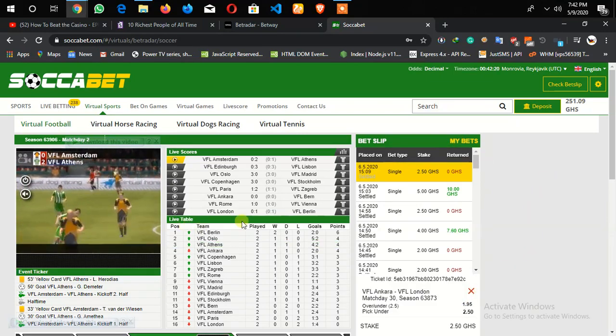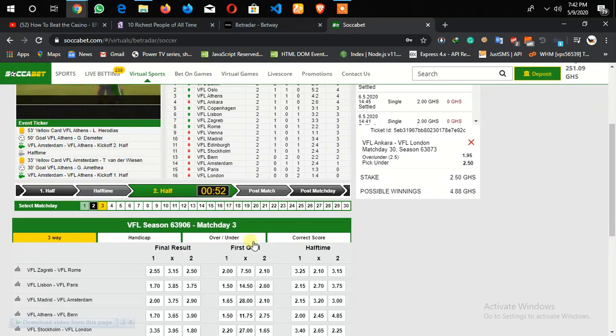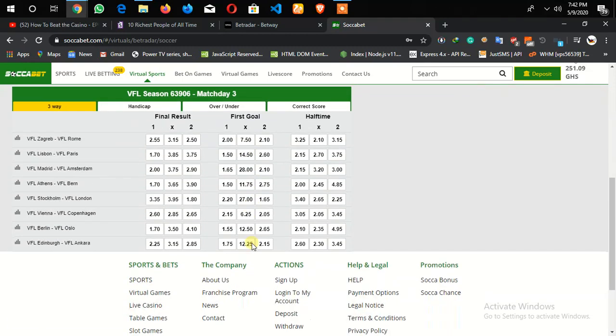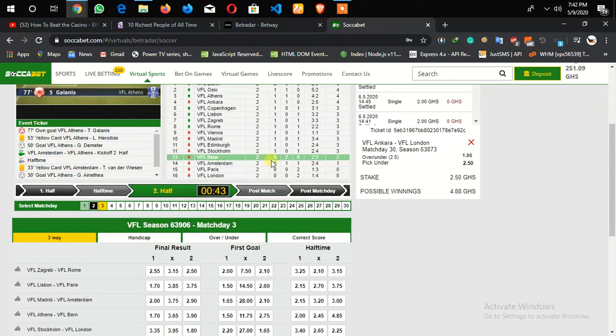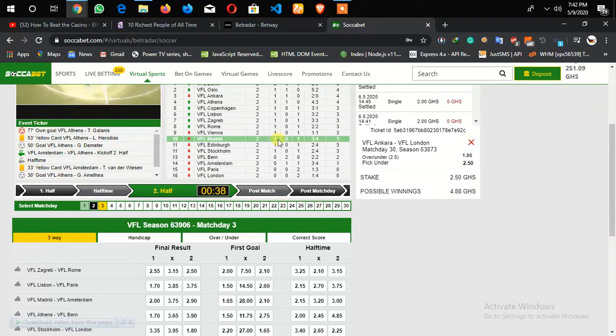But I'll be doing my own trading this time around using the new technique I just learned from betting this week. I really don't talk much about strategies, because whenever I talk about a strategy, it gets fixed. But let me just teach you guys about a strategy. This strategy has to do with first half draw. It's going to go viral too quick, and soon it's going to stop working. What first half draw simply means is you look for teams to predict first half draw.